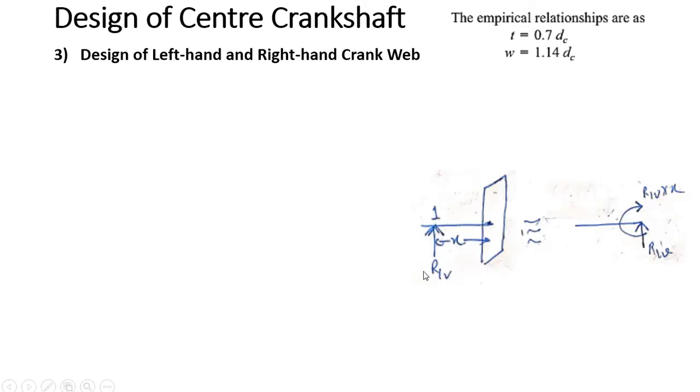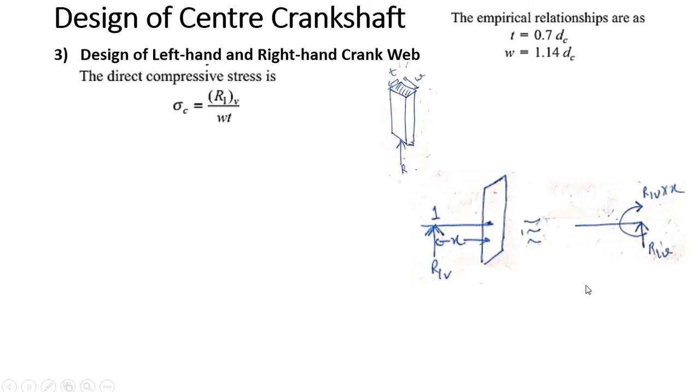Let's say this is the R1 force, which is acting at some eccentric distance x from this component, and I want to study this component. I will simply shift this force to this point. When I shift this force R1V to this point, R1V will shift there, that is okay, but the moment R1V into x will also act on that component like this. So whenever you shift one eccentric force to the body, the force will be shifted, and in addition to it, a bending moment will also be there.